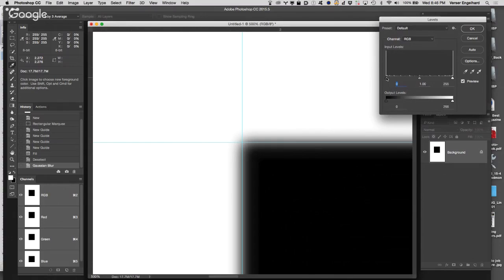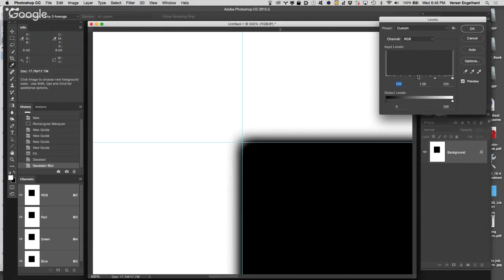This is my black point right here. If I click and drag this and start to slide it up, what I'm telling Photoshop that I want to do is I want you to take all the tones that are in here and make them black. Make sense? Well, what that's saying is that all of these tones in here, I want Photoshop to make these guys black. And watch what happens to my selection. So I'm going to click and drag up, and you see it starts to push my selection outside of the line. And by the time I get up here, I have actually pushed this black area beyond those original guidelines,